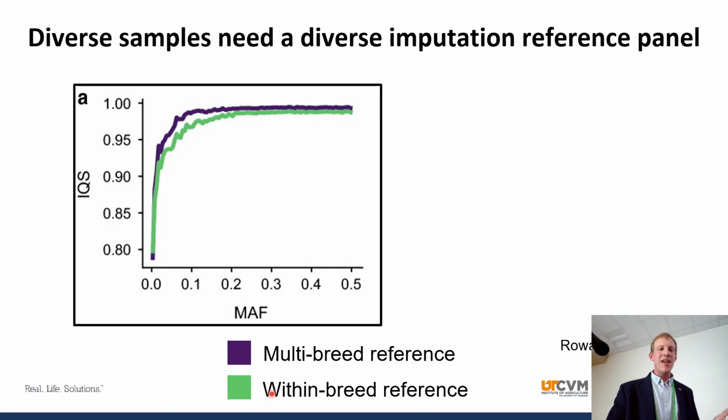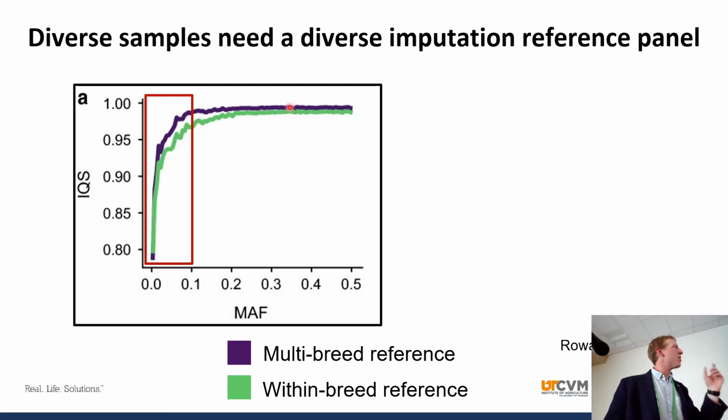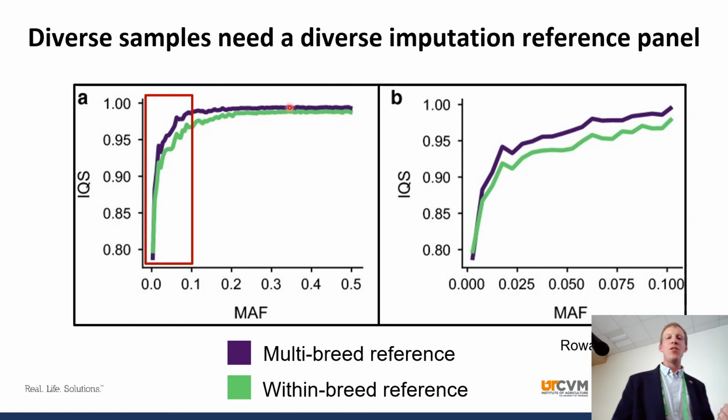And what you see is that in green is a Gelbvieh specific reference. We were only using animals in that reference that were labeled as Gelbvieh in the database, whereas this multi-breed reference uses all of the animals that we have access to. And what you see is that in the common alleles, we do a pretty good job of imputing with both of these references. But the real kicker comes here in the rarer side of the minor allele frequency spectrum, where we see a significantly higher advantage to this multi-breed reference as compared to the within breed reference when we're imputing